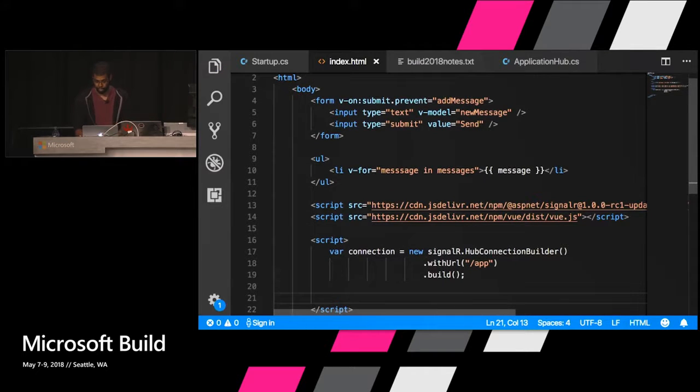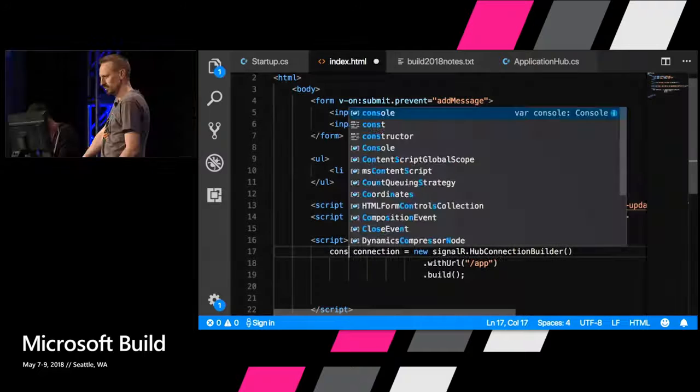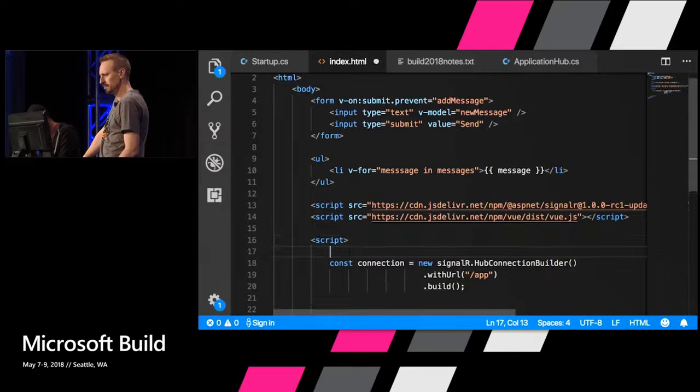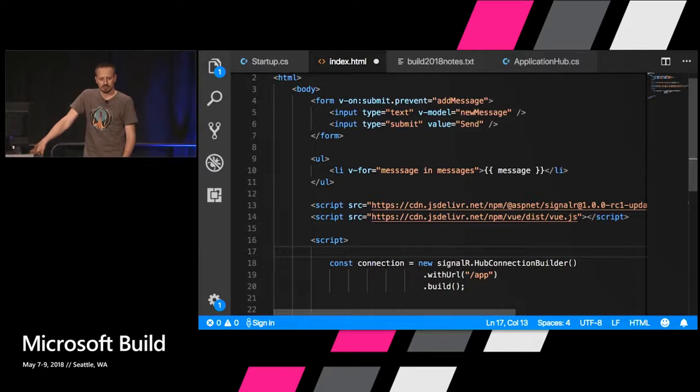I'm going to create a view model, and I'm going to use ES6 because it looks awesome. It doesn't work in IE though, but I guess that's fine for now. It works in Edge, but not IE. There you go. Good. So I'm going to create, because I want to use async await, I want to actually make